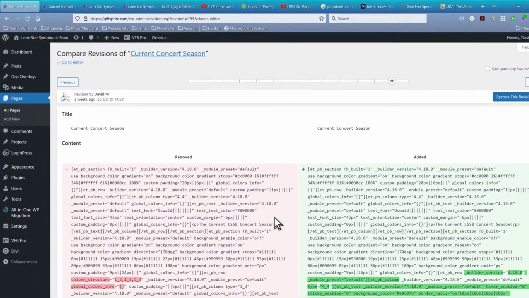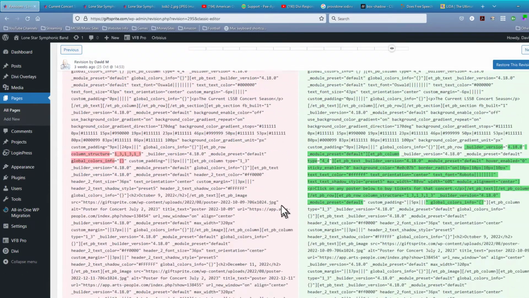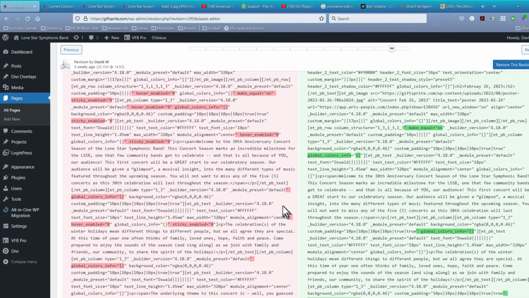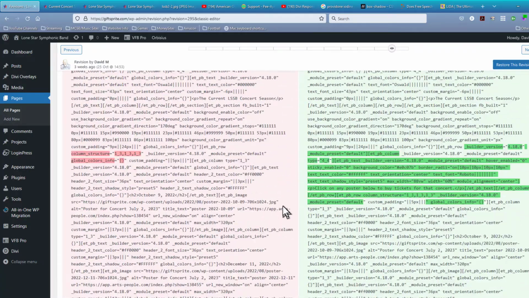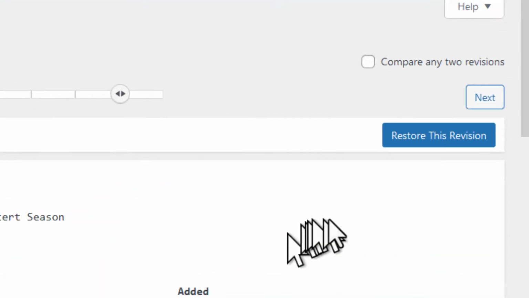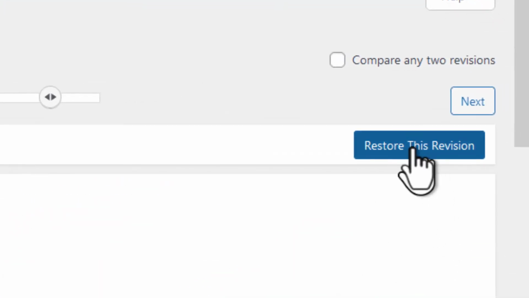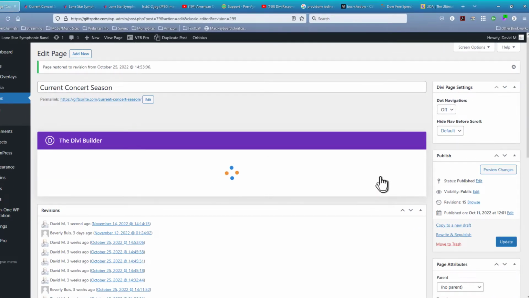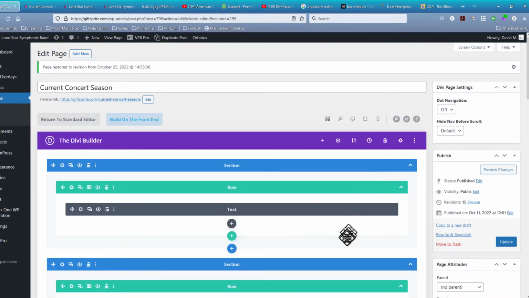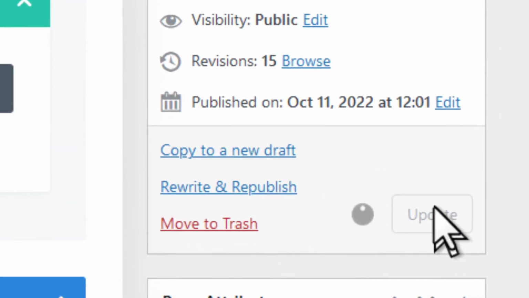Now, what's down below here tells you what the changes were, and it's all in HTML code. And you know what? You don't really need to worry about that. All you need to do is restore this revision. So I'm going to click on that to restore that revision, and it loads for a minute, and then it comes back. Now what I want to do is update this page,